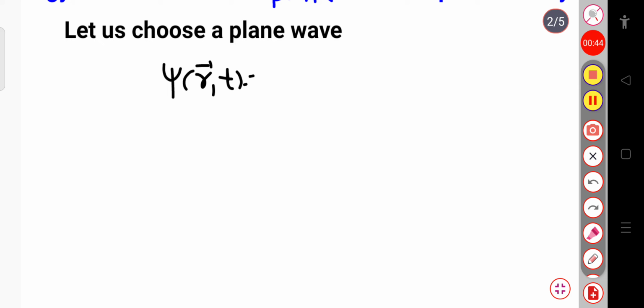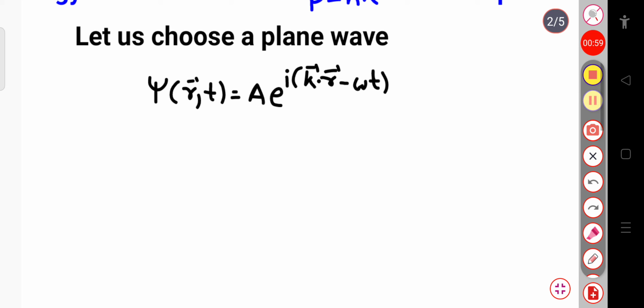This is equal to the amplitude A into exponential iota (k vector dot r vector minus omega t). This is the plane wave equation. And here the exponent, k dot r minus omega t, is the phase factor, or we can simply write this as A exponential iota alpha. Let us represent this plane wave equation, psi of r, t equal to A exponential iota alpha,